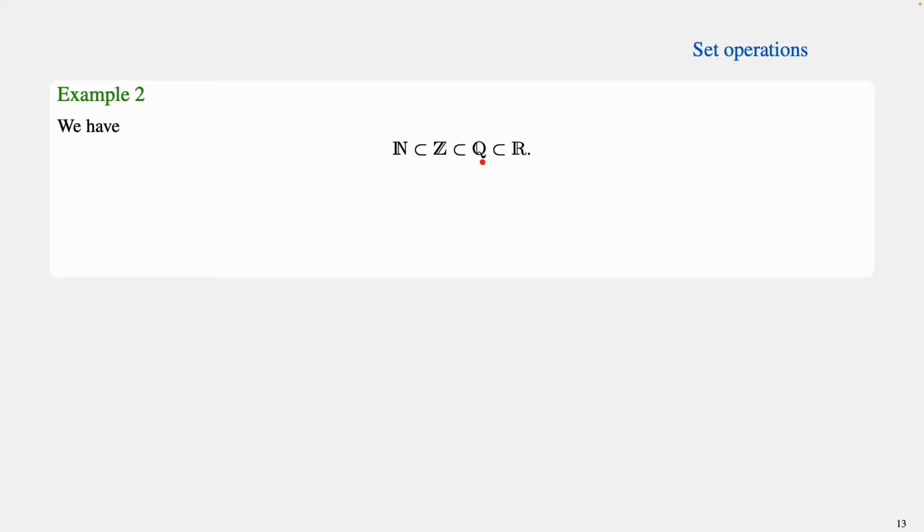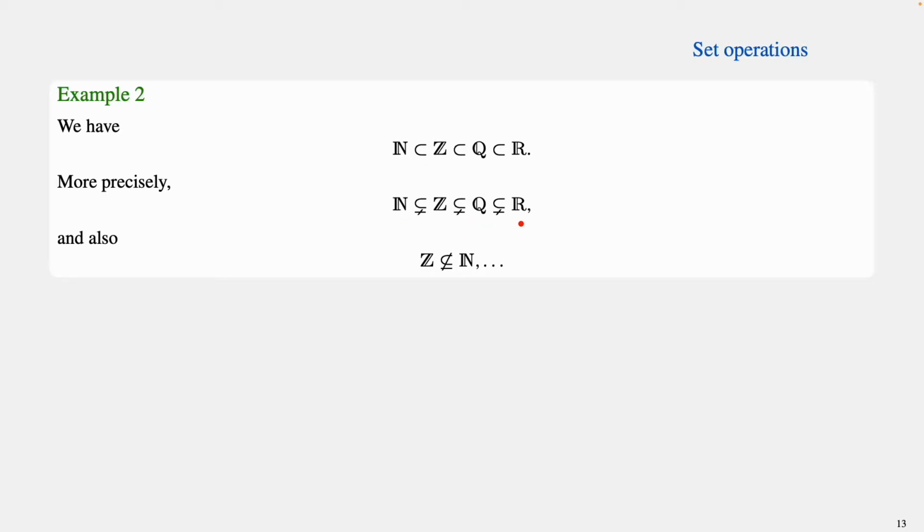This again is a subset of the rational numbers Q, where Q contains the fractions of all the numbers here, and Q in turn is a subset of the real numbers. And you might recall from a previous video that there are real numbers that are not contained in Q, for example the square root of 2,